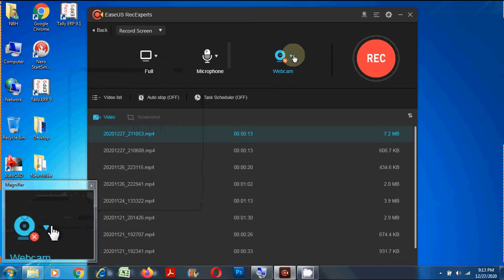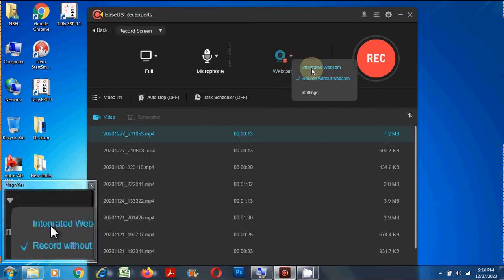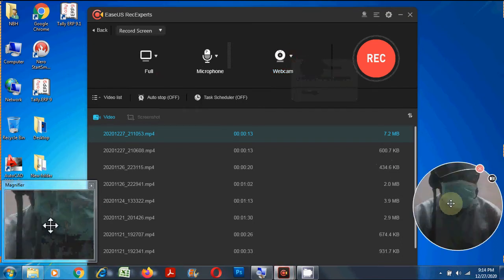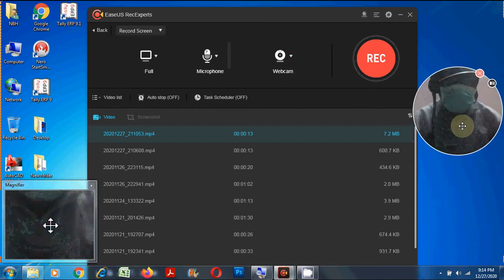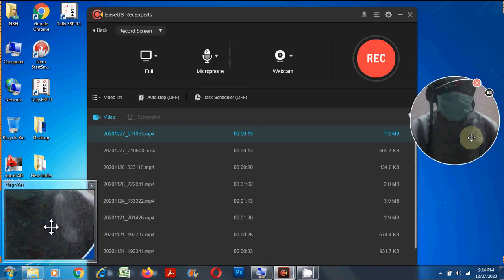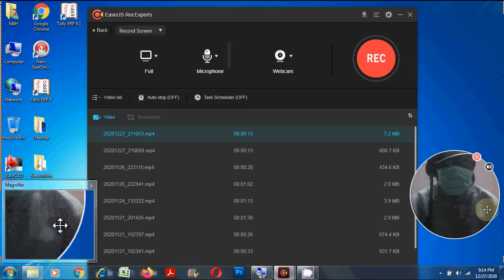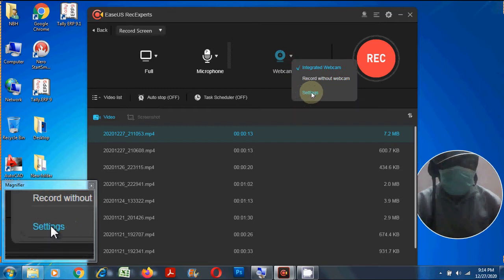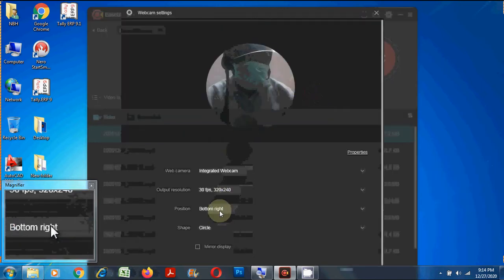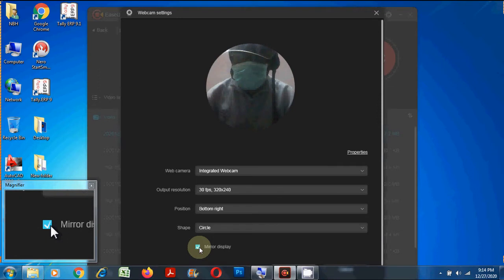To use the webcam along with your gameplay or screen recording, click on the drop down and choose Integrated Webcam. Now you can choose the avatar's position wherever you desire. You can go to the settings for further enhancements, like you can choose the mirror display.